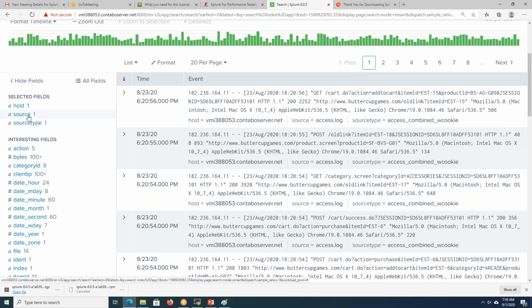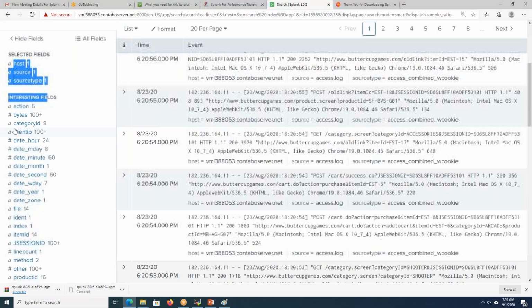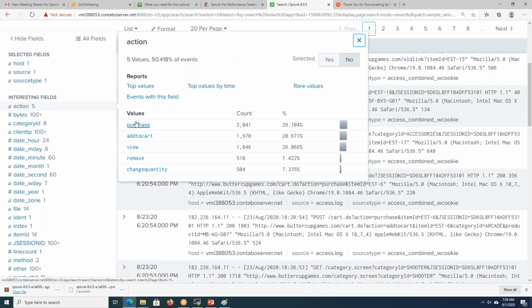We'll get host, source, and source type. These three things we defined while adding the log, correct? These come in the selected fields, whereas the ones which Splunk parsed are different. See here, there are 5 types of actions.